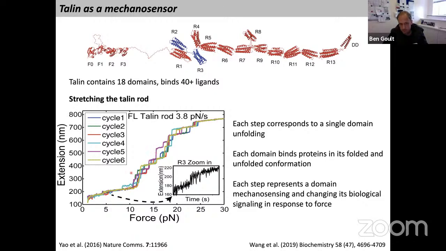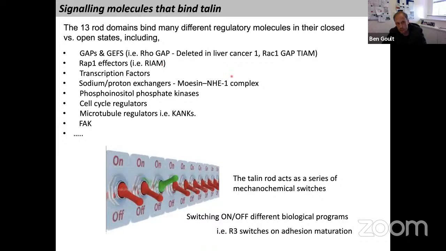Because they've got ligands binding to the 0 state and the 1 state, each one of these steps is a change in the mechanical signaling and the signaling of that adhesive structure as a function of force. And that means that what we're seeing is a really complex molecule which is changing its shape and constantly changing the signaling at that specific site where it's located. And if you look at what molecules are recruited, this is an abridged list. We're currently expanding this now on different tissue types.